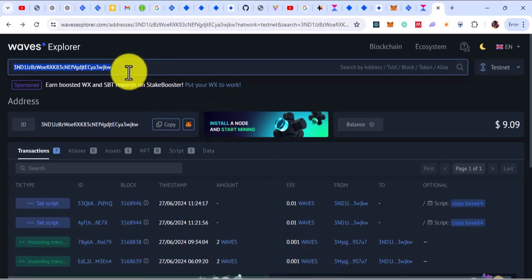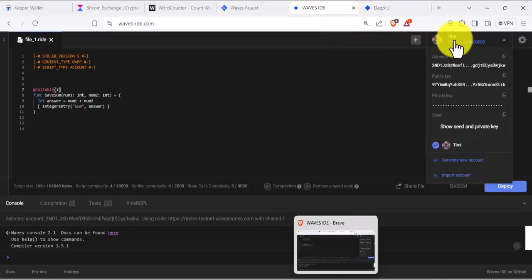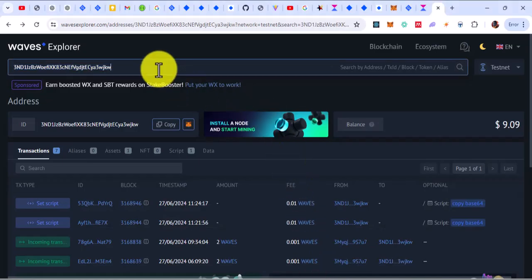You can get it from here because that's what you use to search for what you deployed. You can get it here, or you can also get it from this place. This particular one is still the same thing. One of the two, whichever one is closer to you. You can get your address from this explorer, if you followed this step previously, and then you copy